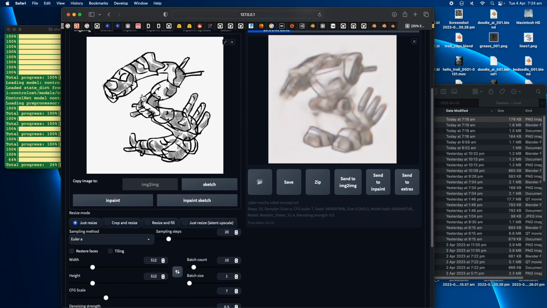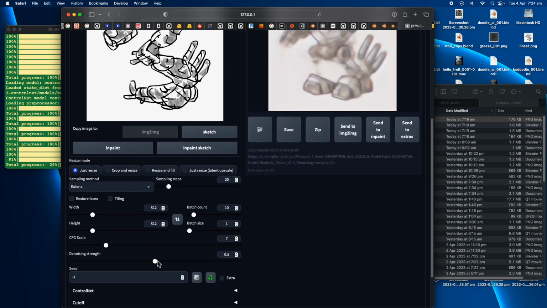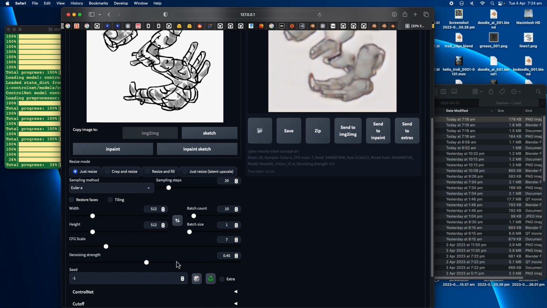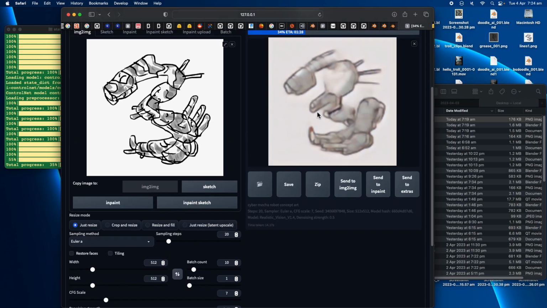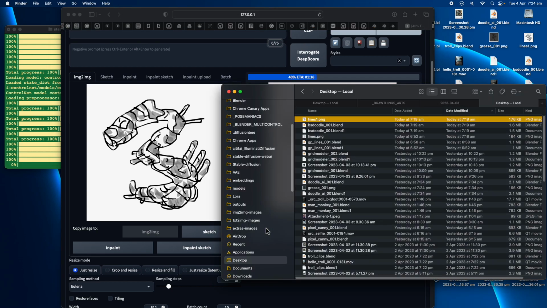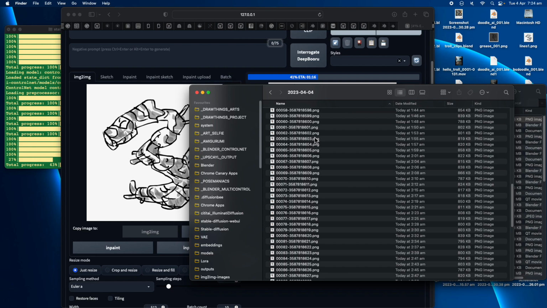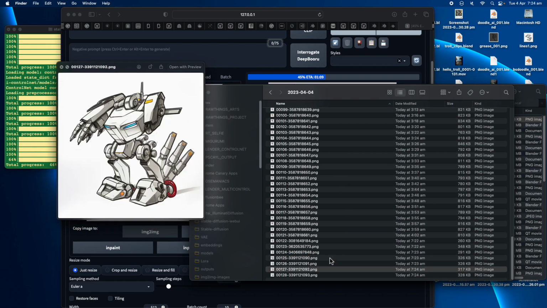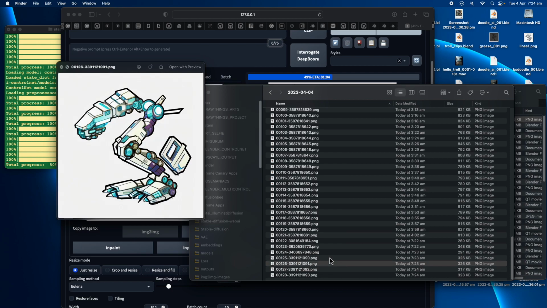Sometimes if you want to have more of your doodles, maybe reduce the denoising strength a little bit more. So it's going to have more of your sketch and then some variations of it by the AI. So let's take a look at some variation of this. Okay, let's take a look. Yeah, probably some of them